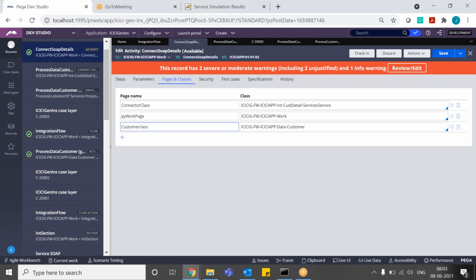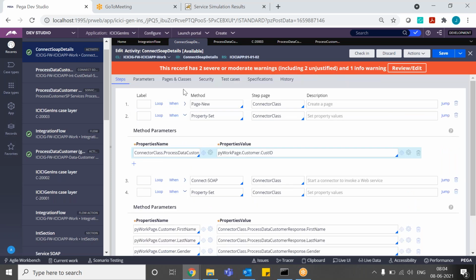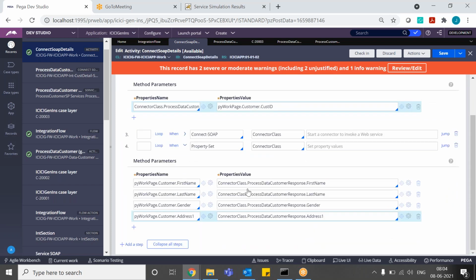Okay, so service. The connector class is having that only, right? The connector class is this one, my service class, connect soap class. Oh, here I'm not using the customer class only. I'm using the direct connector class.